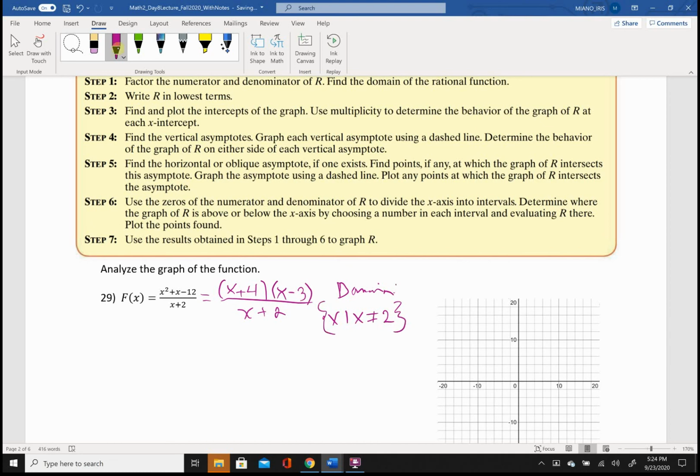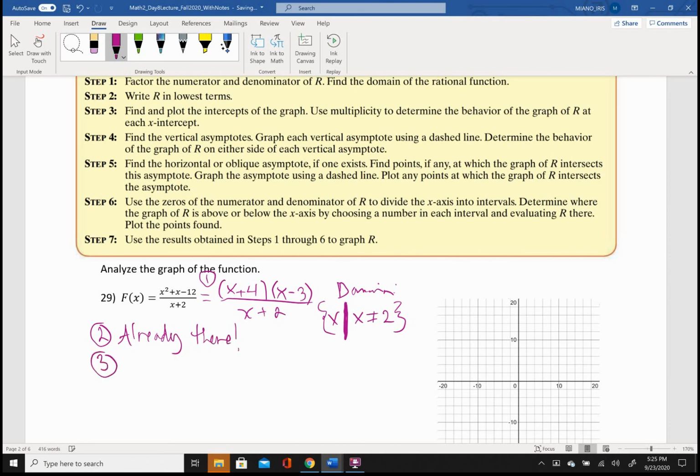Cool. Oh, and this is supposed to be a vertical line. Let me just make that a little bit more clear. Great. So step 1 done. Step 2, write r in lowest terms. Way ahead of you. Oh, and I'll put these also labeled. So here's step 1 stuff. Step 2 is already there. Step 3,